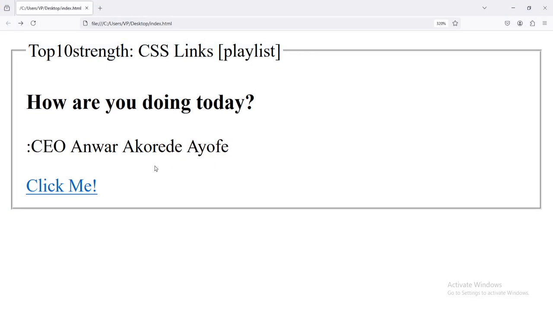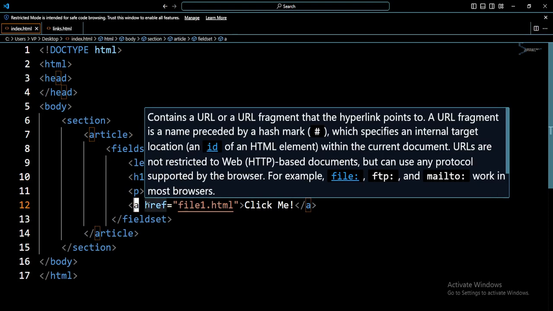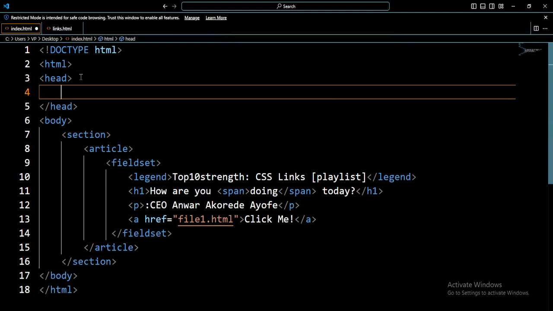This is our document right here. As you can see, this is the document where we have a link, from our previous tutorial where we discussed how we can create a link, and right now we want to style this link. This is the a tag that has the link, and this is the href attribute that links us to the file file1.html. So this a tag, I'm going to copy this a, and inside our head section right here, I'm going to open our